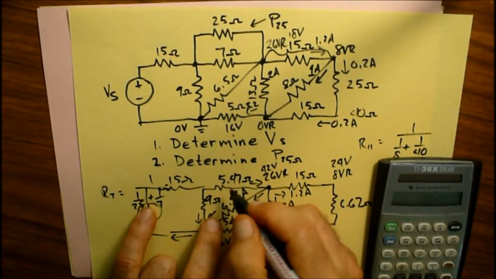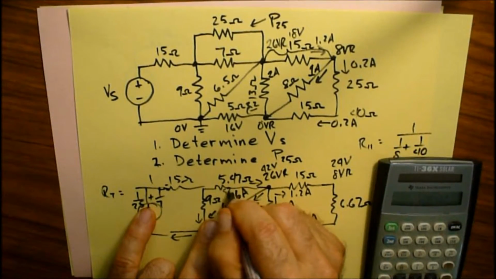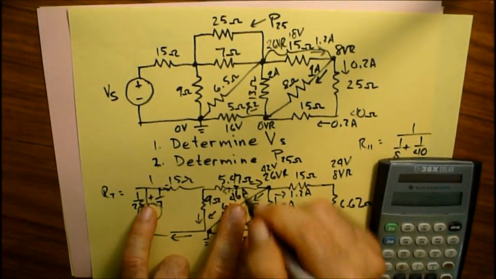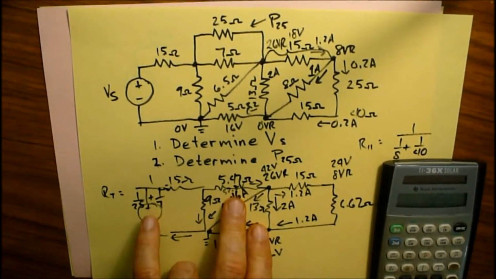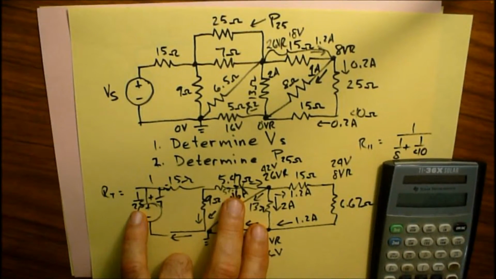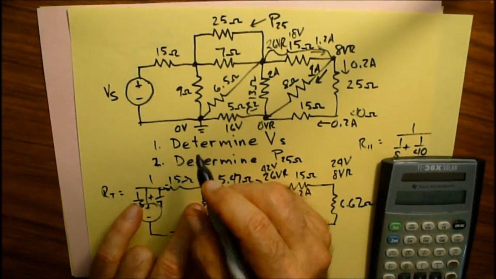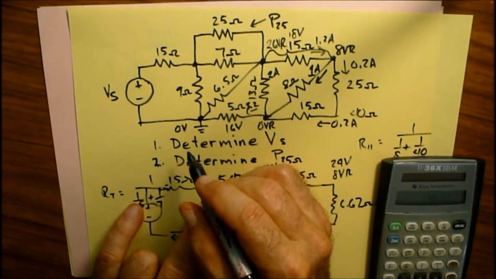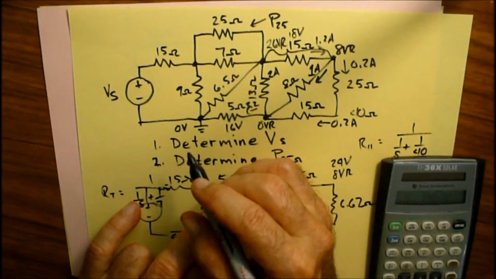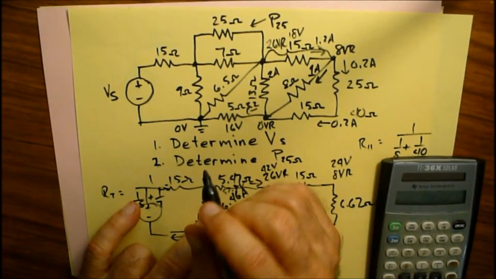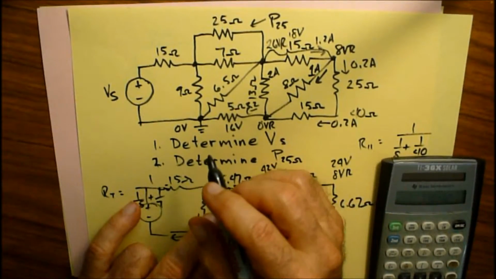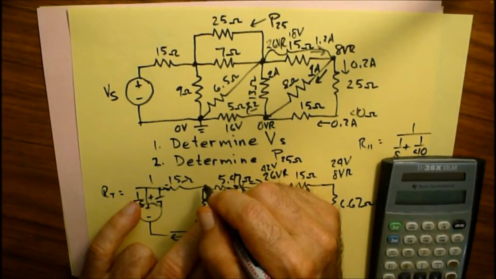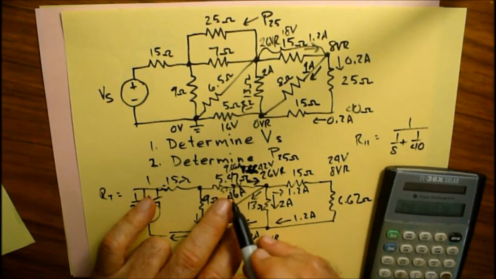So I've got 52.8 volts over here, and that means I'm adding that to my 42 volts right there, plus 42 equals, and that gives me 94.8 volts, and that's a 52.8 volt drop